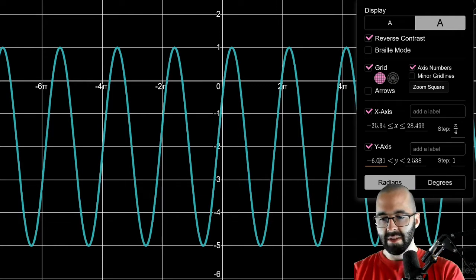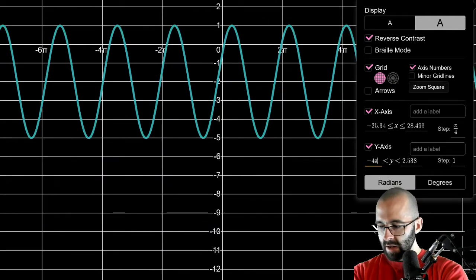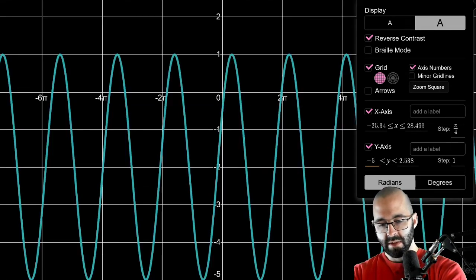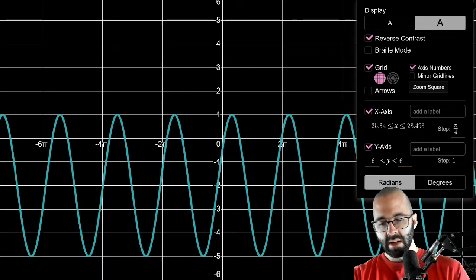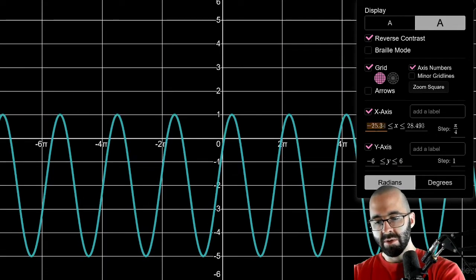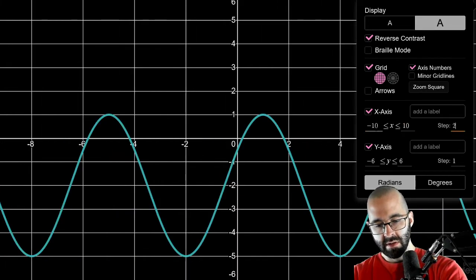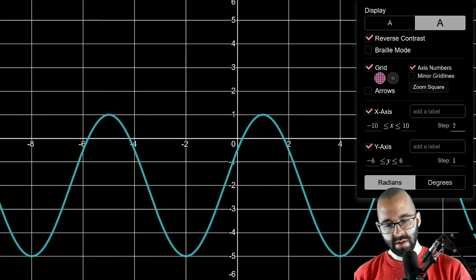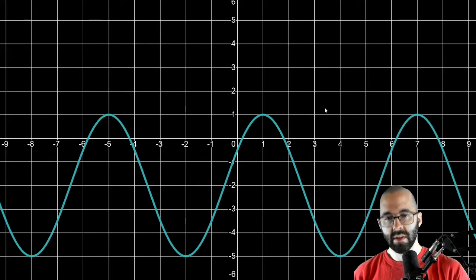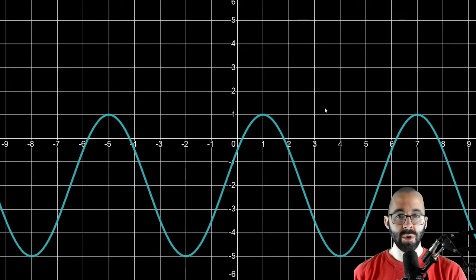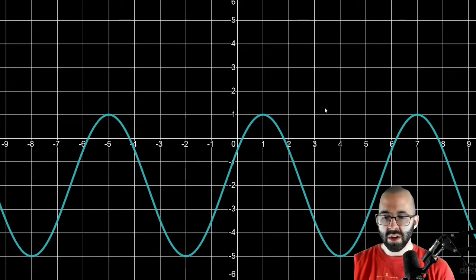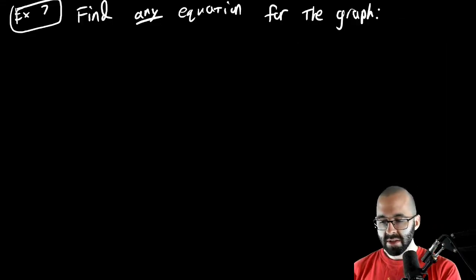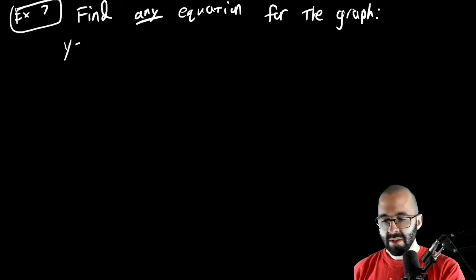I'm going to make this a little smaller, and change this to make it look a little clearer for you. Here's your graph now. Find the equation for this graph. You can use sine, you can use cosine, but we're going to use the same logic that we used in the last one. All right, so we're going to start by saying, okay, we know it's going to be of this form. Y equals